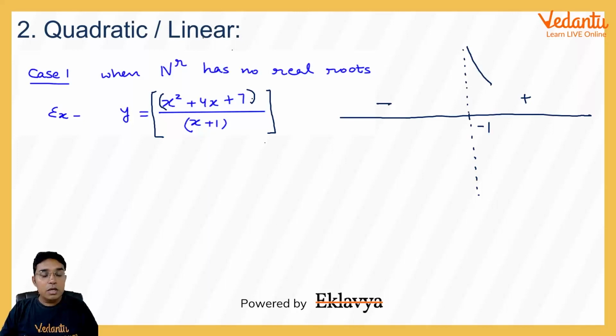And because the numerator has degree 2 and the denominator has degree 1, as x approaches infinity, the numerator will have a very, very large value as compared to the denominator. So ultimately this value has to go to infinity like this. Similarly here also the value will be going like this,